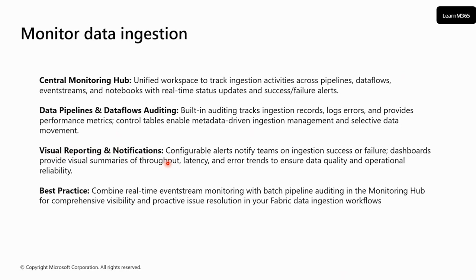Like if you want to configure some alerts, you want to notify the teams on the ingestion success or failure, that you can do. Dashboards will provide some visual summaries of the throughput, latency, and error trends to ensure data quality and operational reliability. So if I talk about these best practices of monitoring data ingestion,